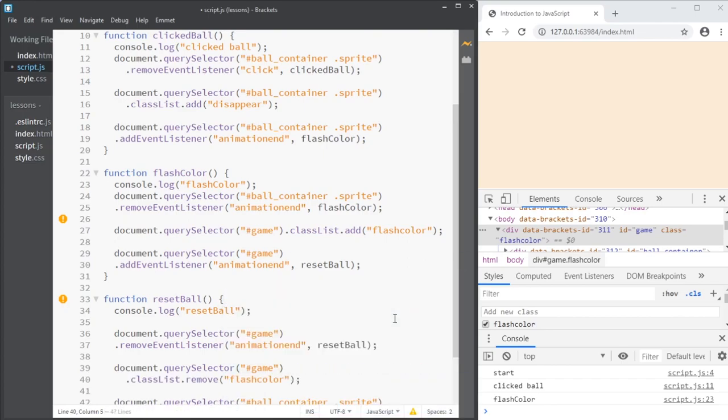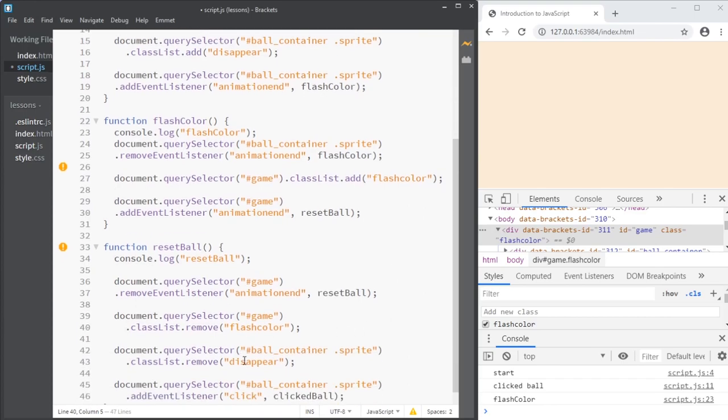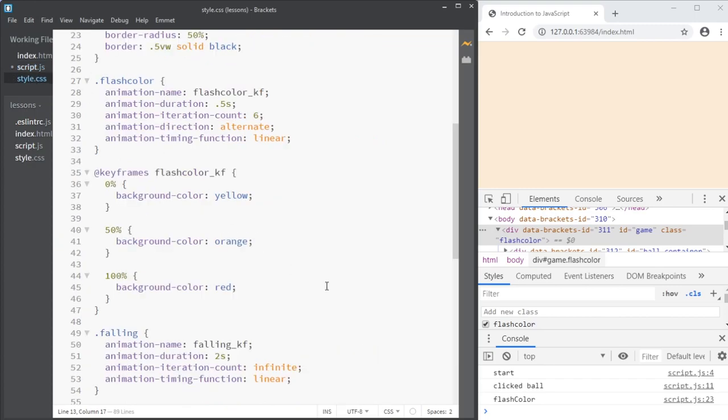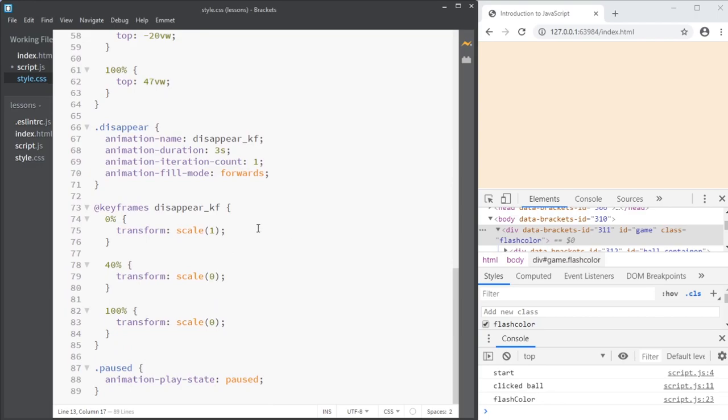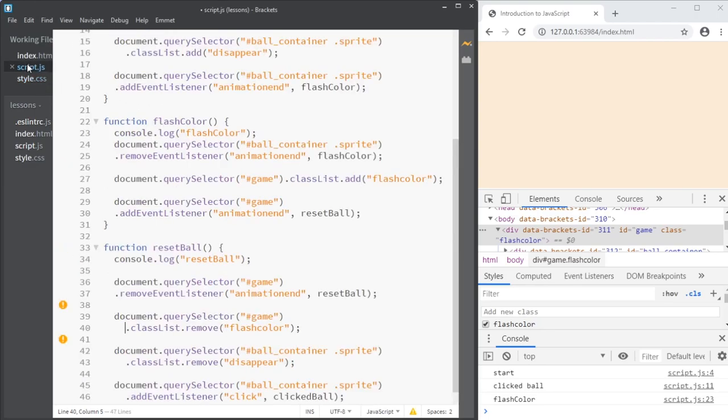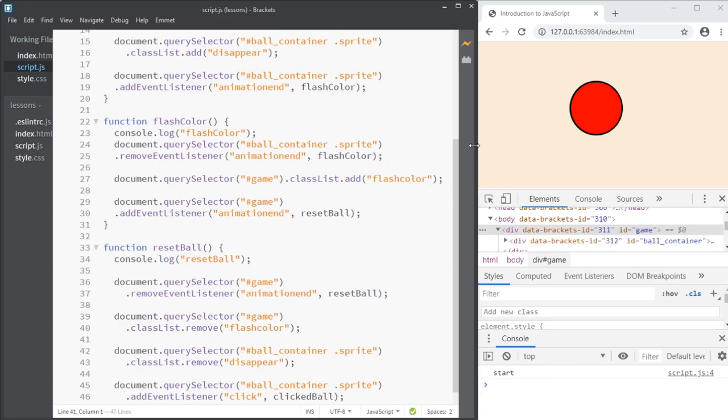And the reason that I'm not removing the disappear animation before here, that's because the disappear keeps being disappeared. As here it has animation fill mode forward, so it's always undisplayed until, but if I remove it, it immediately becomes redisplayed, and I don't want that before the flash is done. So this is correct. So now when I click it, it disappears, then it flashes, and then it